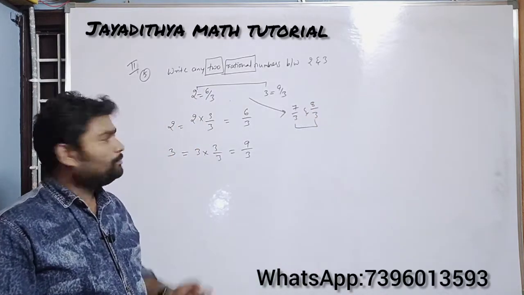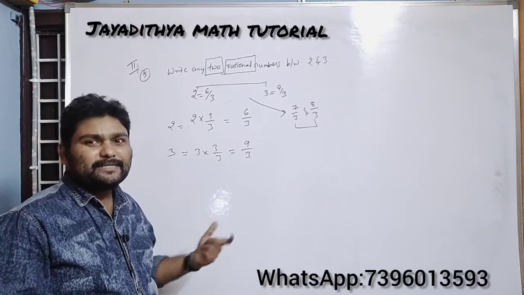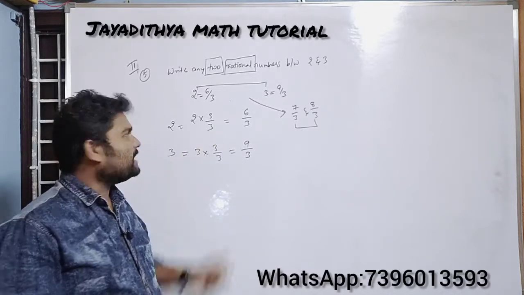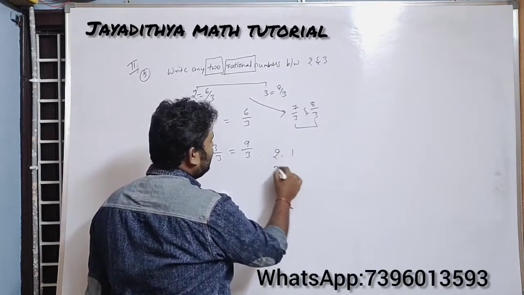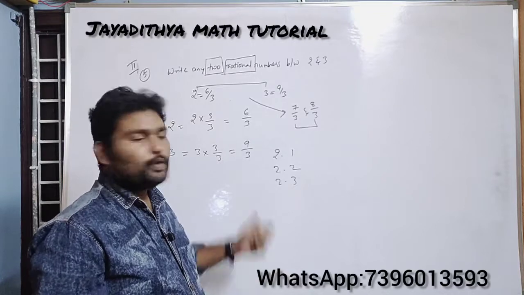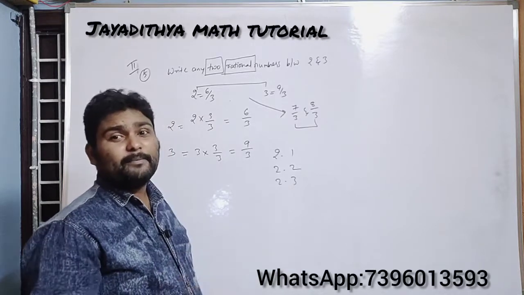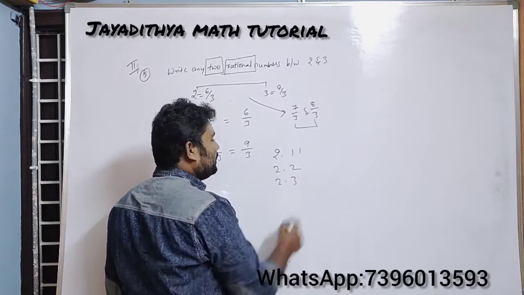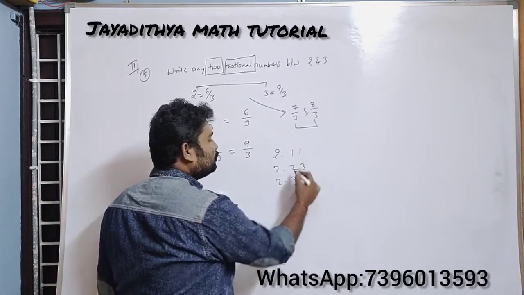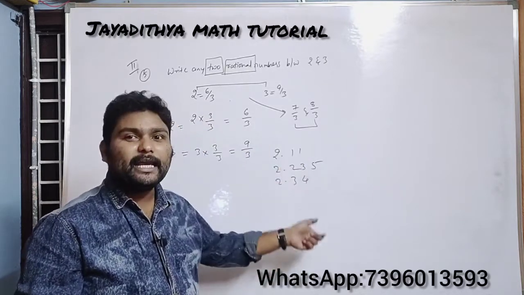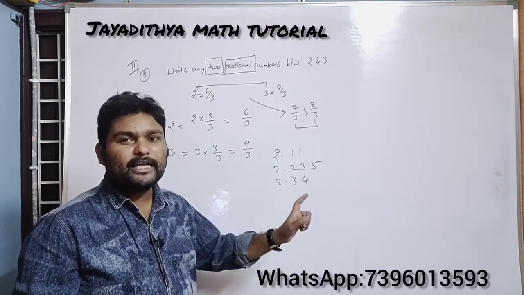For example, you can also take decimal numbers. Decimal numbers are also rational numbers. Simply you can write like this: 2.1, 2.2, 2.3. Like this you can write any number of numbers between 2 and 3. If he asked for more than 10 numbers or 100 numbers also, you can write like this: 2.11, 2.12, 2.13, 2.23, 2.34, 2.345. Like that you can write anything, but it should be terminating, or if you write a non-terminating decimal, it should be